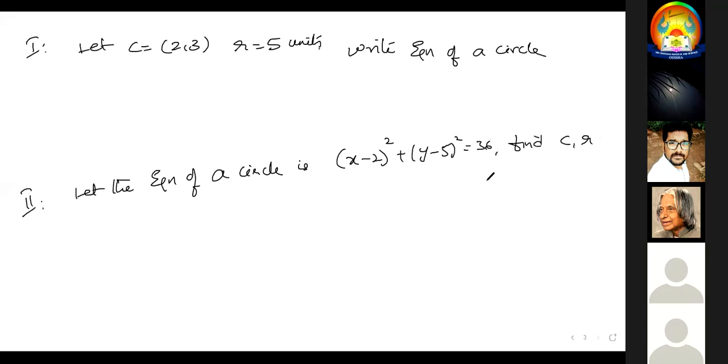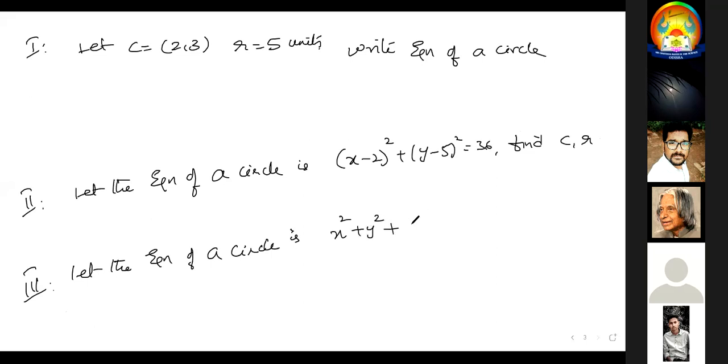Find C and R, meaning center and radius. And the third one, let the equation of the circle be x square plus y square plus...